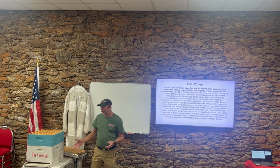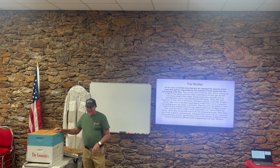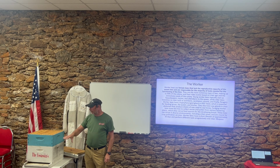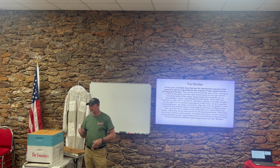So not only to keep the temperature right, but also to cure the honey, to dry the honey out. So the bees are smart, man. They know that they got this stuff down good, better than humans do. But honey has moisture in it when they process it. So they'll actually circulate air through there to dry the honey out to a certain percentage of water content before